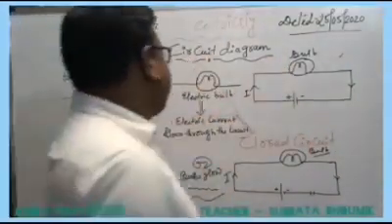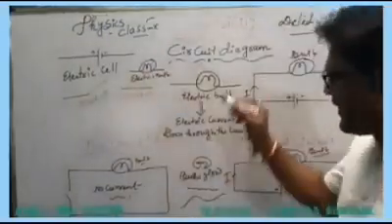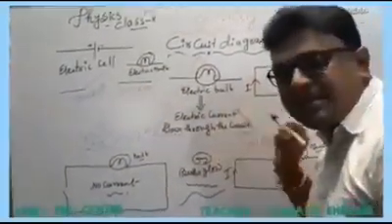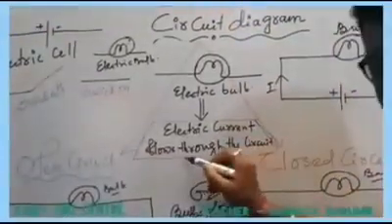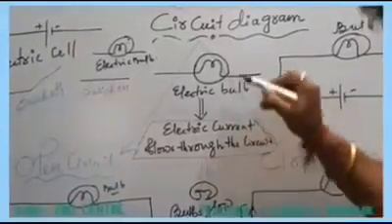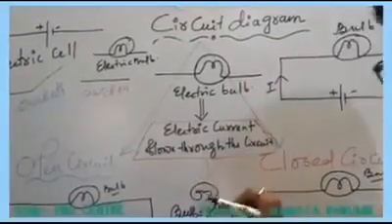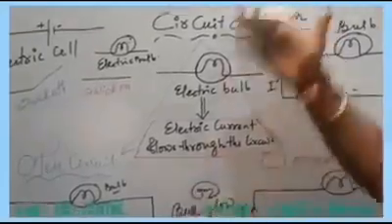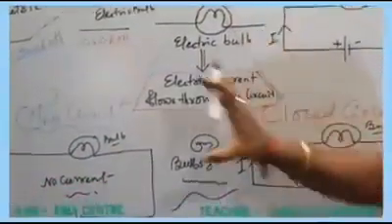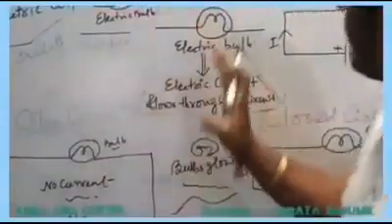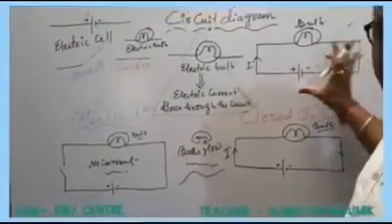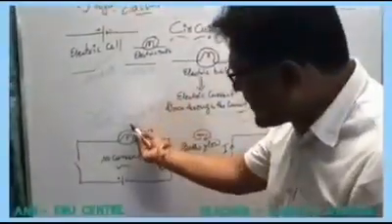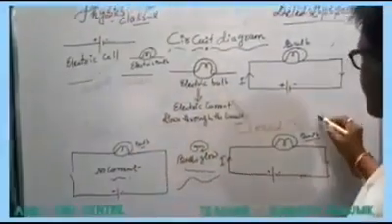A circuit diagram means when electric current flows through the particular circuit and the entire bulb glows up. This entire process is called a circuit. It is a phenomenon where all the components are connected in a particular circuit and through which the current can flow. It can be divided into two parts: one is the open circuit, and another is the closed circuit.